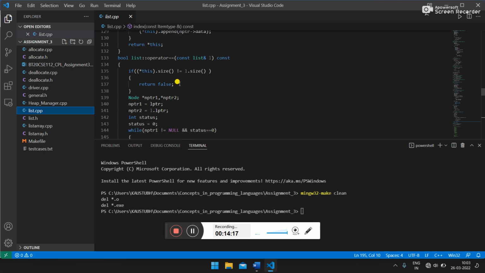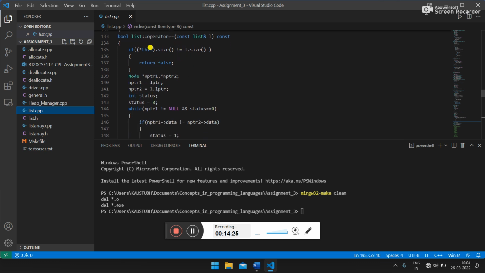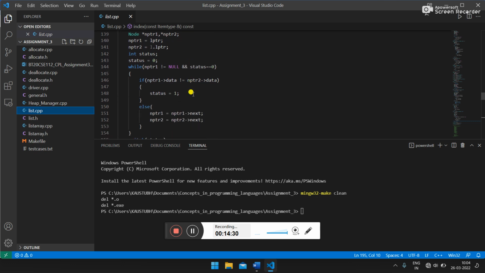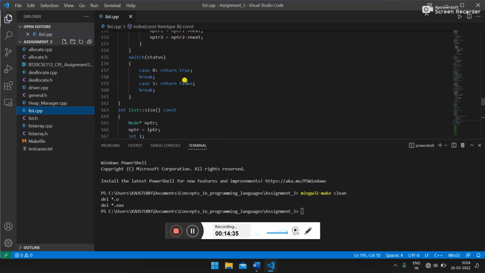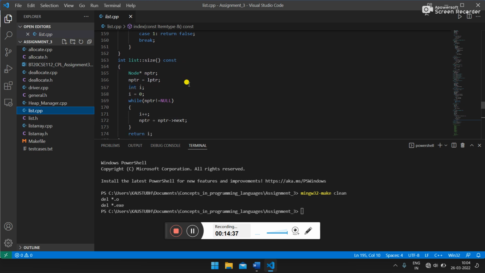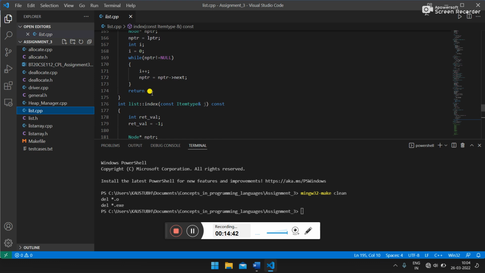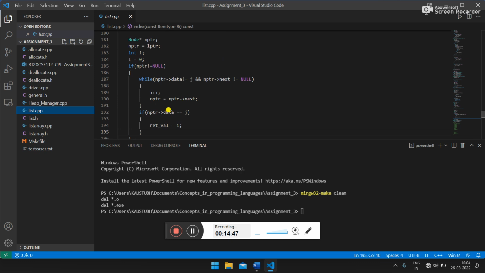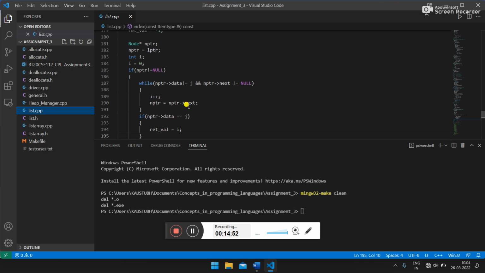So these are some simple functions. Then the operator equal to will check that if both sizes are the same, then it will go forward, and it will check that if every value is the same, it will return true, they are equal, else it will give false. Then the size function: while lptr not equal to null, I do i plus plus, and return i. Then the indexing function checks where the first occurrence is, and the retrieval will be that position, or by default it will be